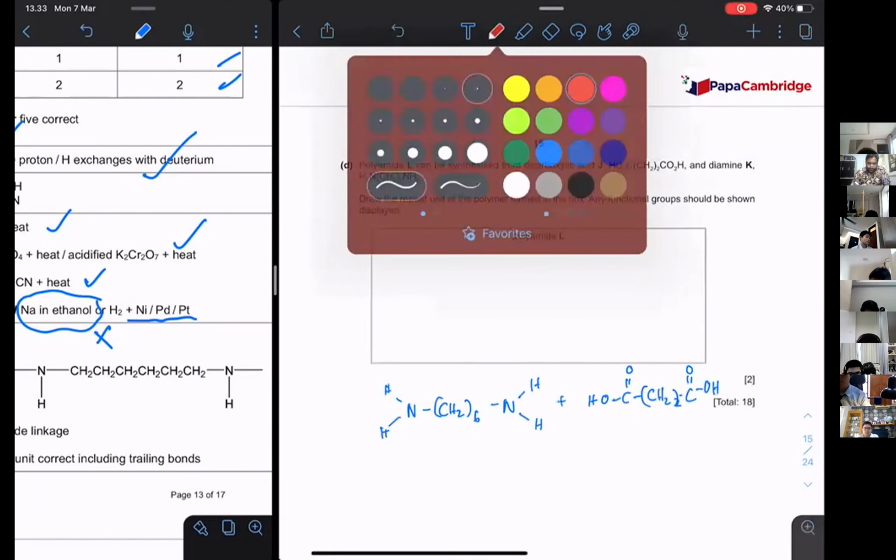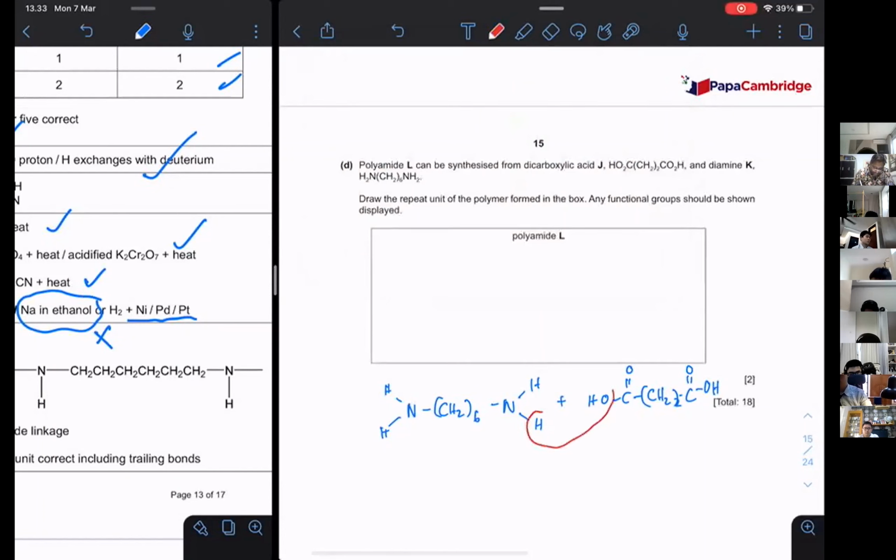So the H from here, OH from here. So when you draw, I'll just straight away draw here nitrogen, hydrogen, leave it like this, and